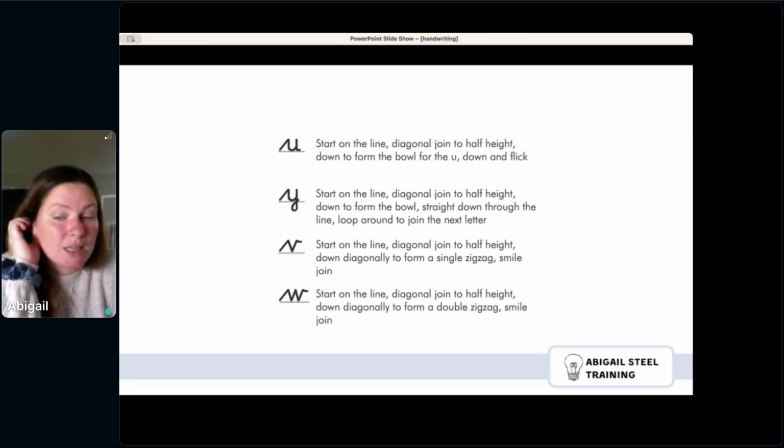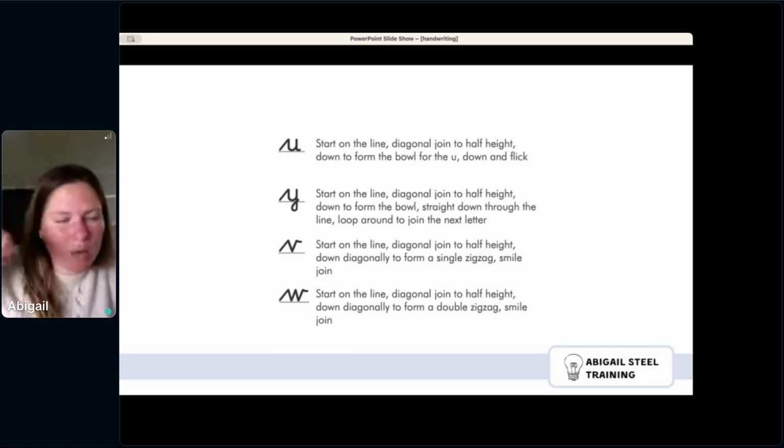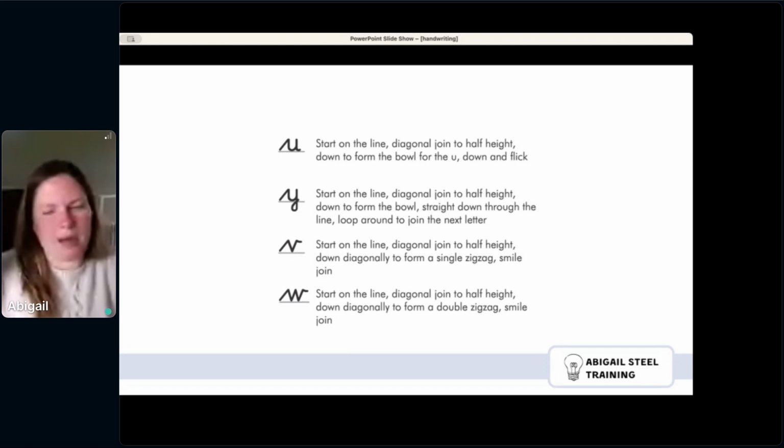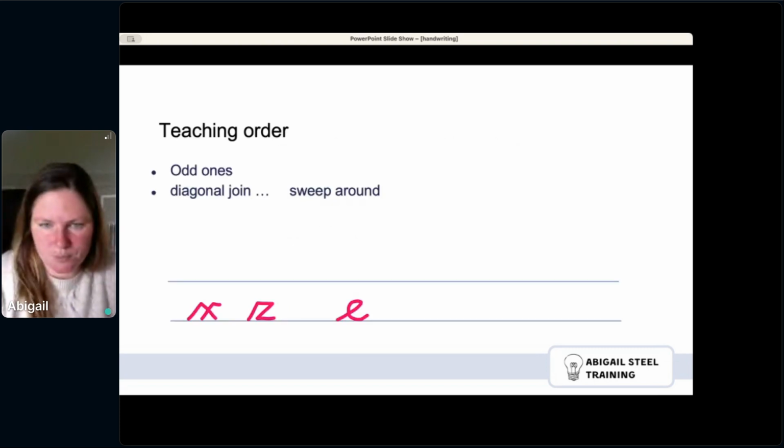And one to look out for is on that W, often that middle point sits lower. I naturally do it lower, and really it's better practice to bring it up to the midline. And then the odd ones. So we have a few odd ones, which are diagonal join and a different formation, and then the sweep around